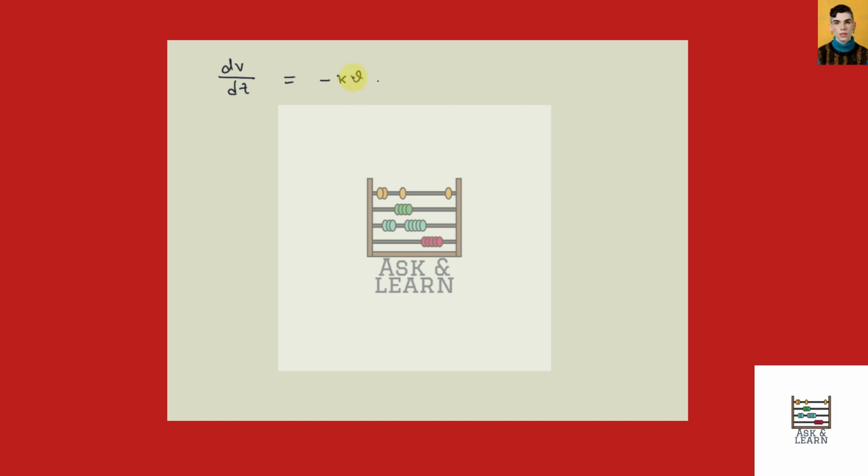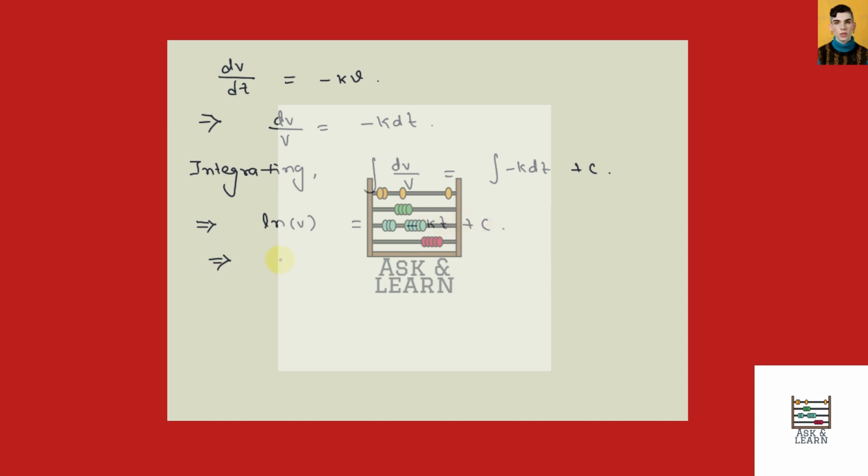Now we can solve this differential equation by separating the variables. So dv by v is equal to minus k dt. Now integrating both sides, we have integration dv by v is equal to integration minus k dt plus c, where c is the constant. So this implies ln v is equal to minus kt plus c. This implies v is equal to e to the power minus kt plus c,